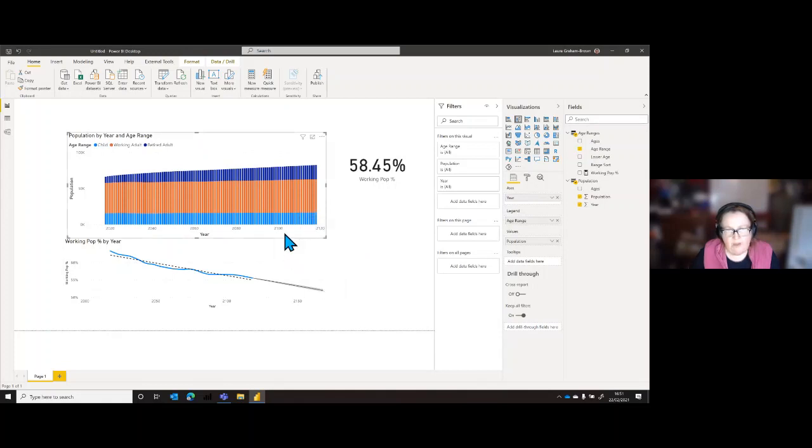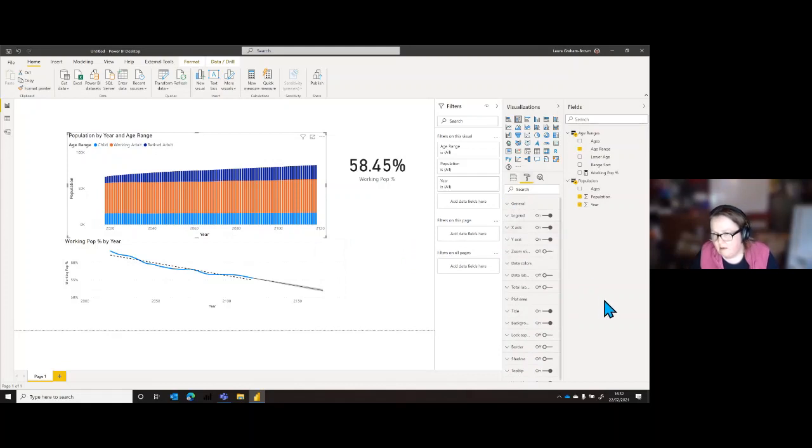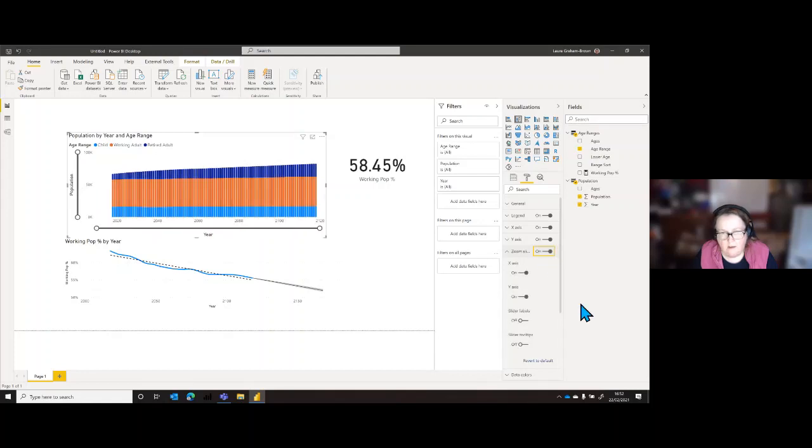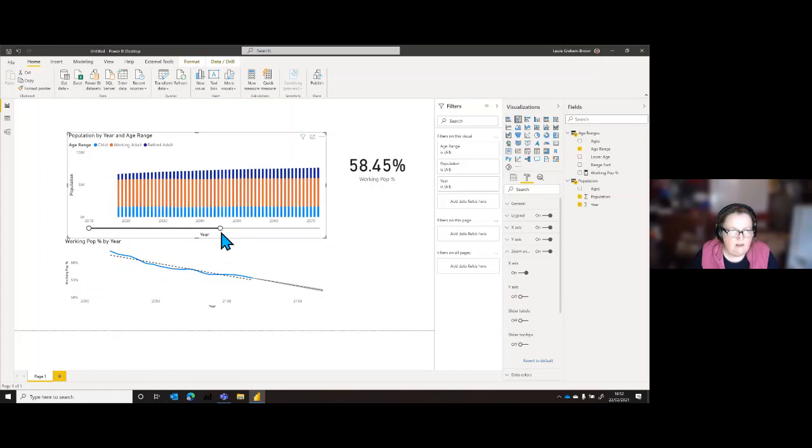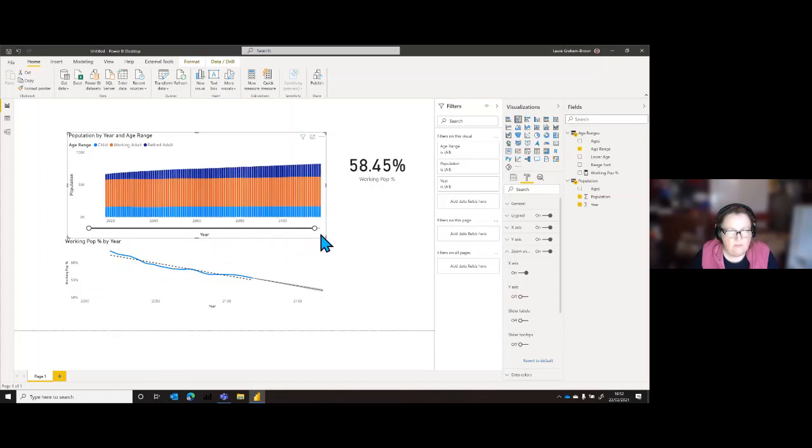So let's put into here a zoom slicer. I'm going to take it off the y-axis, so it doesn't really make sense there. But this is a nice one if you've got lots of columns, but you want people to be able to see what's going on in detail at a particular point. Okay.